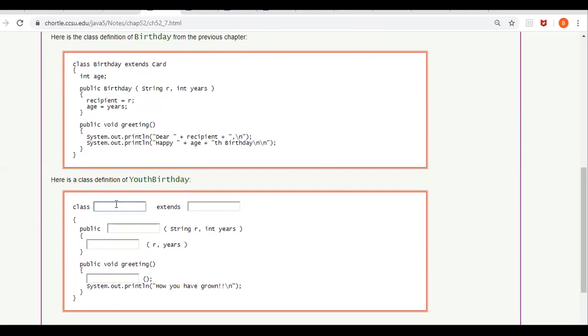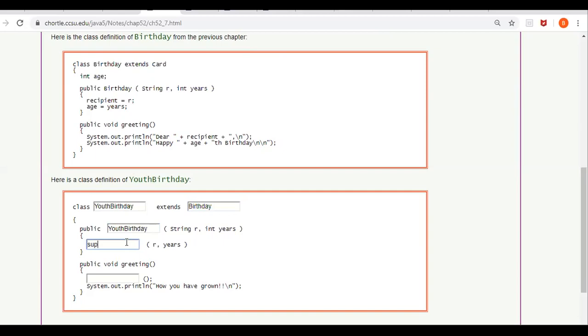So here, let us try to fill up this YouthBirthday. Class YouthBirthday extends Birthday. Okay, YouthBirthday is a subclass of the class Birthday. Public, this is the constructor of YouthBirthday. Public YouthBirthday, it takes 2 arguments, String name and int years.